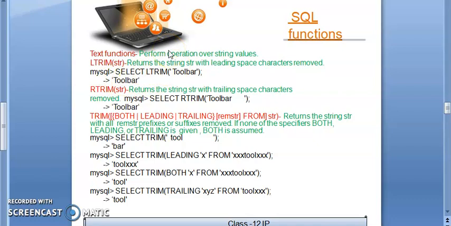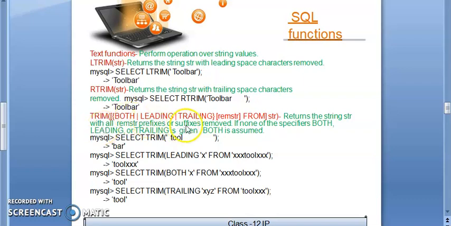In the same manner, if you want to remove the trailing space from the right side, then we have to use the rtrim function. We pass any string and apply ltrim or rtrim, and according to the function, the leading or trailing space is removed. Just like SELECT RTRIM toolbar, where some space is present on the right, by using rtrim we can remove such a space.